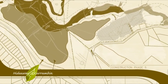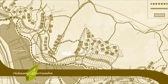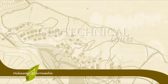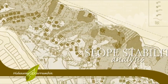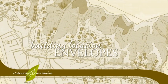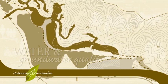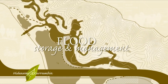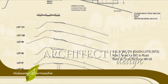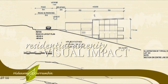In summary, this process has included investigations of detailed assessment of the planning and legislative context of the site, surveys of existing site features and detailed ecological assessment of existing trees, geotechnical issues, slope stability analysis, including the generation of building location envelopes for the North Ridge lots because of their sensitive location, acid sulfate soils, erosion and sediment control, water and groundwater quality, flood storage and management, traffic and noise assessments, architectural design, careful consideration of the visual impacts and residential amenity of the development from external areas as well as internal to the site,